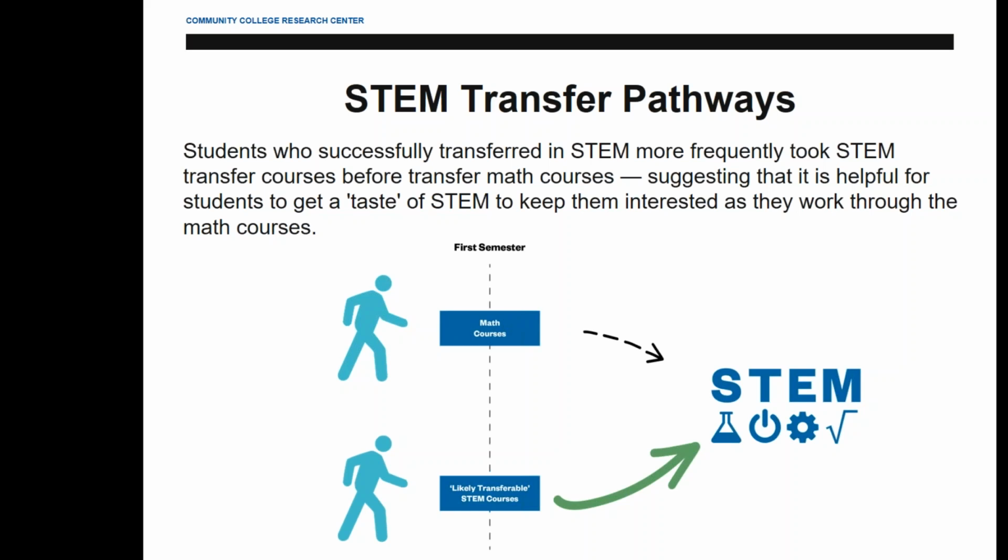She looked at students who start in community college, transfer, and get STEM bachelor's degrees, and did data mining around those students, and found that students were more likely to follow this pattern if they took a STEM course first and then went through the math sequence, rather than the other way around. And this is adding to a growing body of evidence